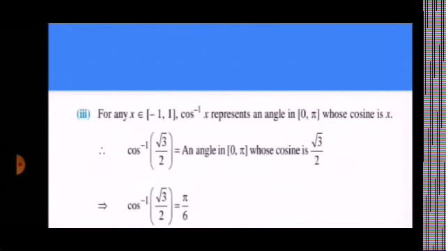Okay. The third one we have to find is cos inverse root 3 by 2. So we have to recall that angle which lies between 0 to pi, as cos inverse shares the first and second quadrant. You have to consider that angle where cos becomes root 3 by 2. Which angle has cos root 3 by 2? That is pi by 6, meaning 30 degrees; cos 30 degrees is root 3 by 2, you know. So cos inverse root 3 by 2 is pi by 6. In all these inverse trigonometric functions, we have to find an angle, nothing else.